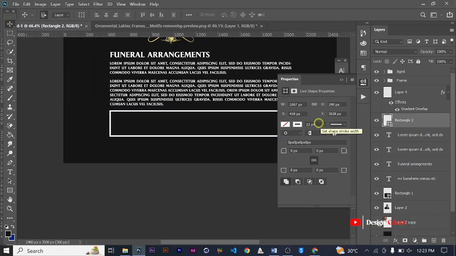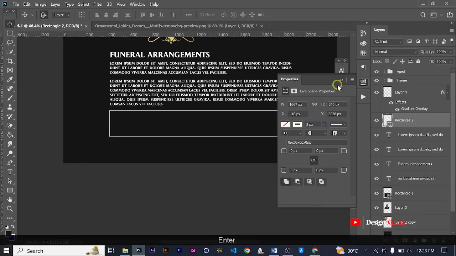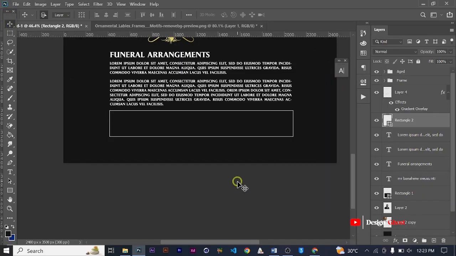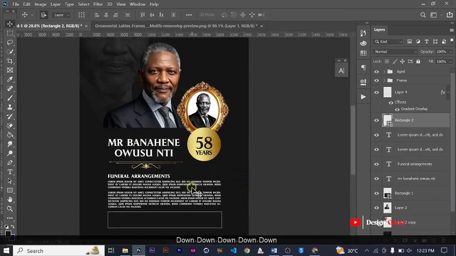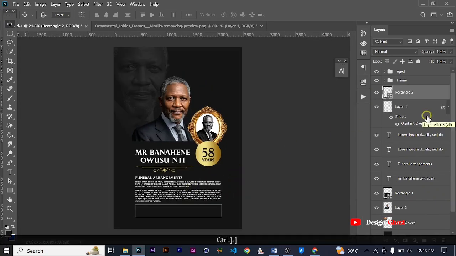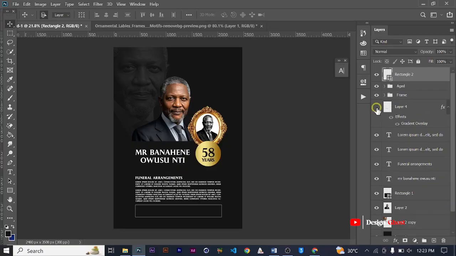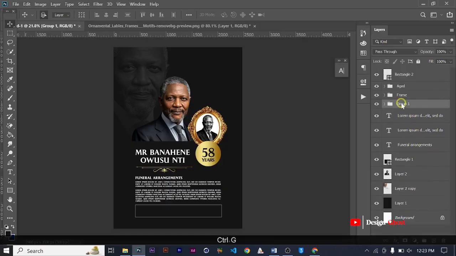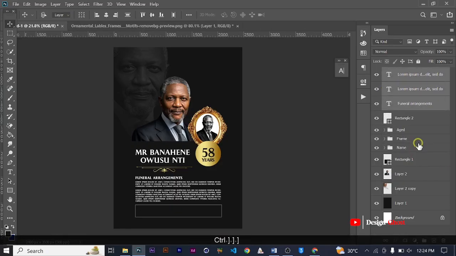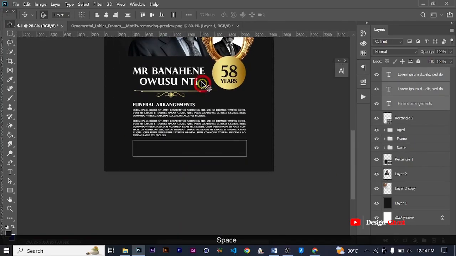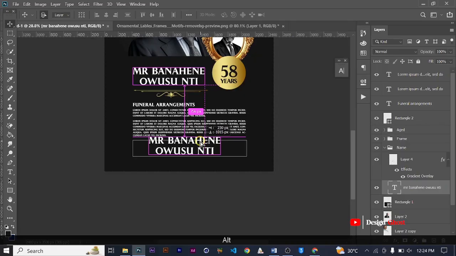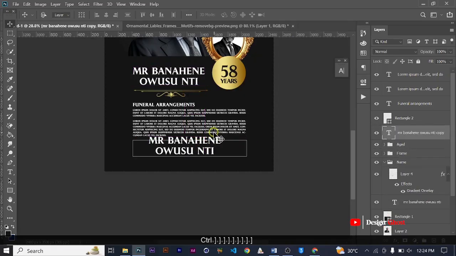All right, so this rounded shape that we are adding, we are going to give it a stroke of 3, and we are going to leave it as it is. So we'll take it to the top frame. Let's see this. So we can select this and that, group that, and call it name, and this to here. We take it up. So after we are done, we can group that also. So we are going to select Mr. Banahini, and let's take it to the very top,